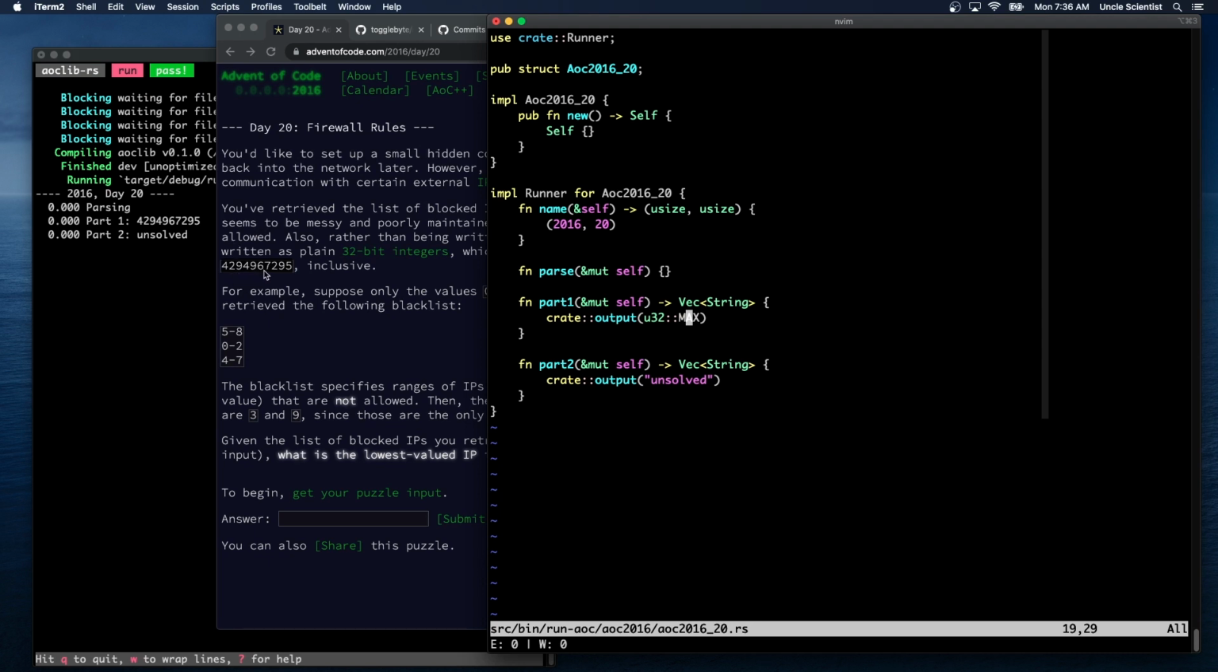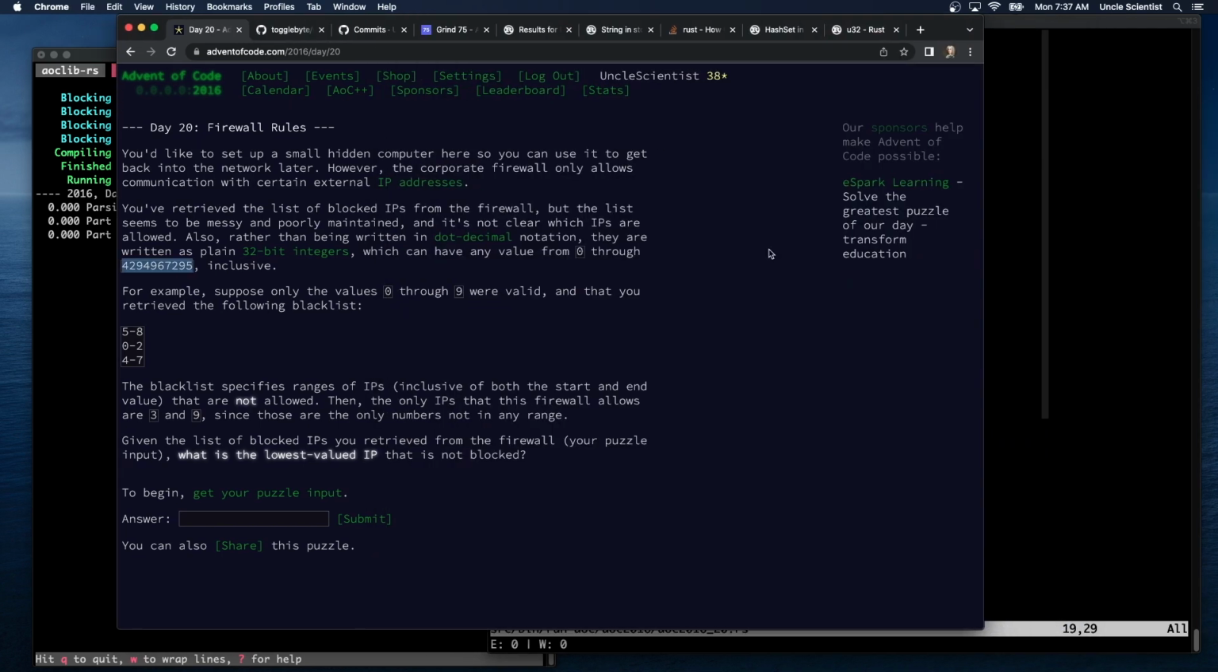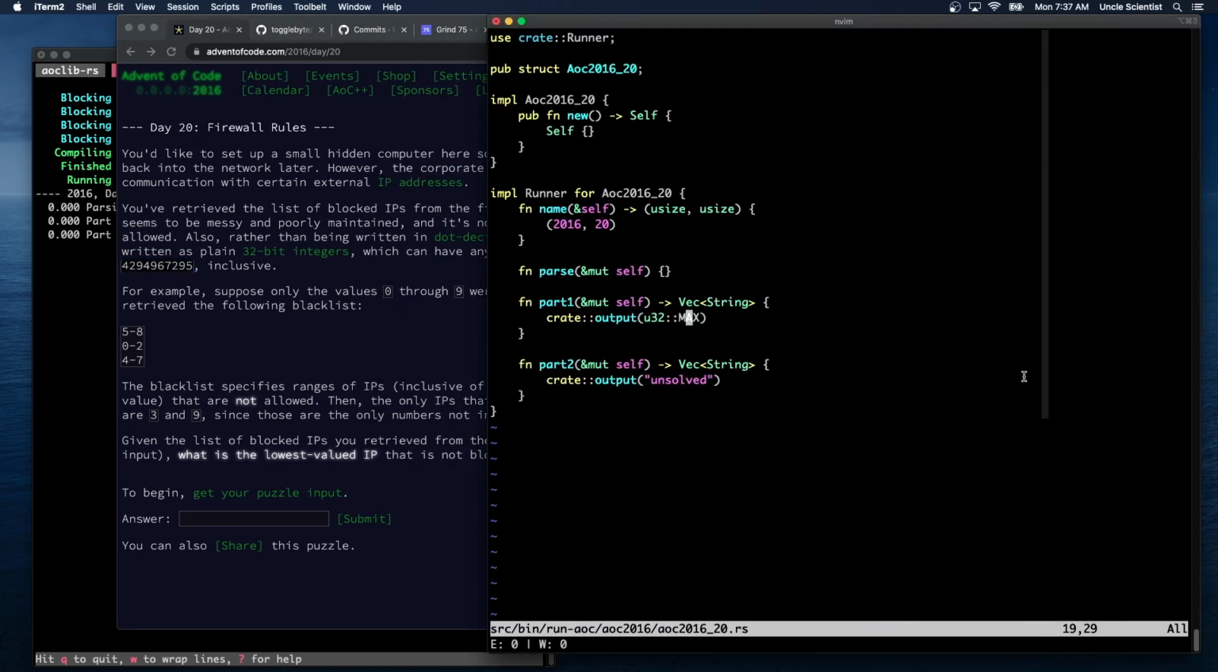42949, yeah, 67. Sorry, 295. Okay, so yeah, it's U32 max. So that gives us our range type. So we can just say type Range is equal to (U32, U32). And then we can just create a vector of ranges and say,